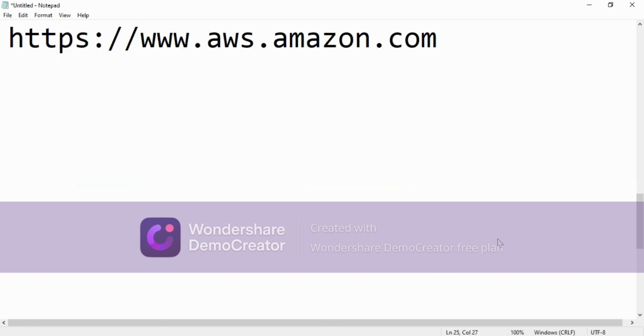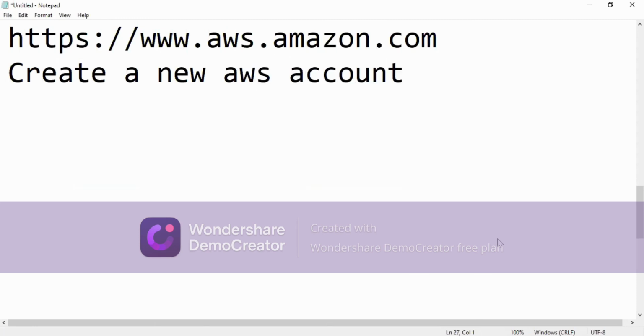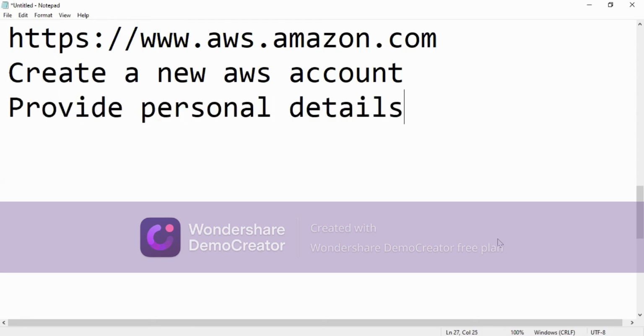We have to visit this particular site and we can create an account. In this you are supposed to create a new AWS account, right? Where you have to provide personal details first.